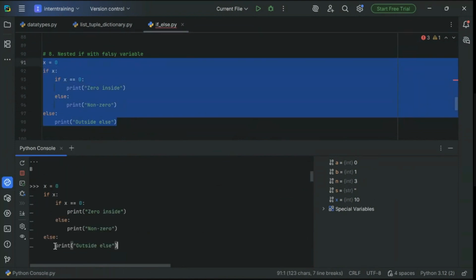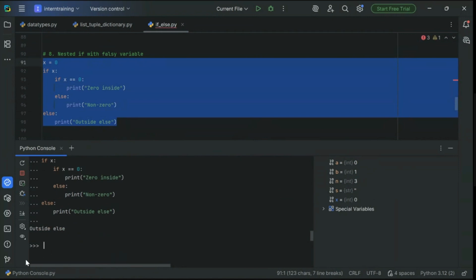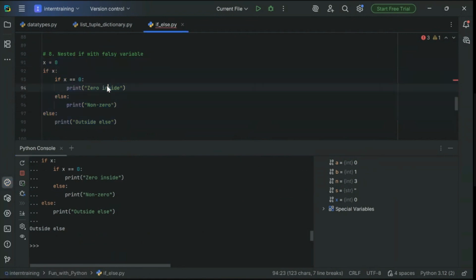So how do we learn? We learn by executing the code. So it is outside else. Okay, so what is happening? We are trying to initialize x with 0. Now if you see, we are trying to say if x equal to 0, print 0 inside. So it is not even going inside this